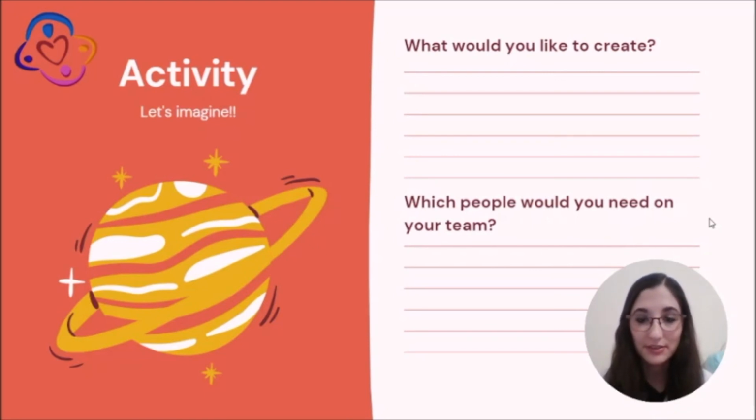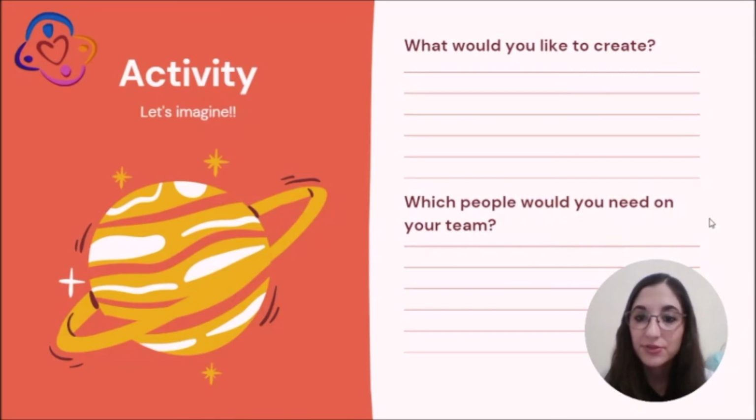It can be, for example, a toy or something for your pet, maybe something to help your family or to help our planet, maybe a new product, or anything you would like to create. Okay, you can be as creative as you want. Okay, and the second question is,